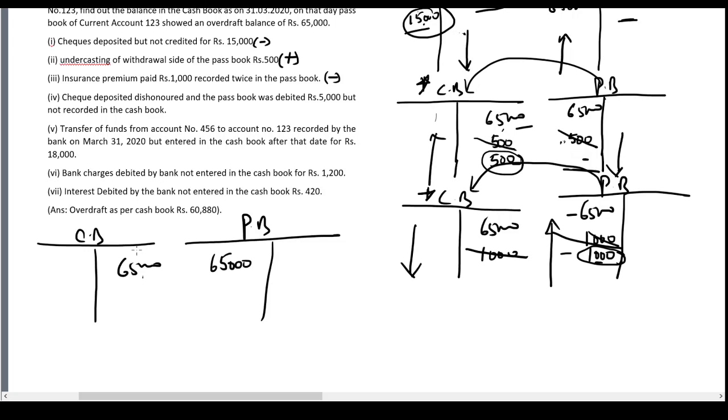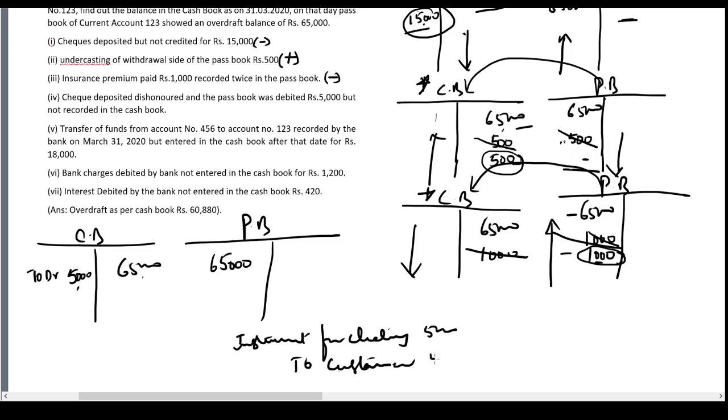What we can do is, when we deposit the check in the bank, we pass an entry bank account debtor to debtor 5000. We have recorded debit in the cash book. When the bank receives an instrument from a customer, they also pass an entry, instrument for clearing to customer 5000. So when they receive the check, they also give a credit by instrument. They have given a credit.